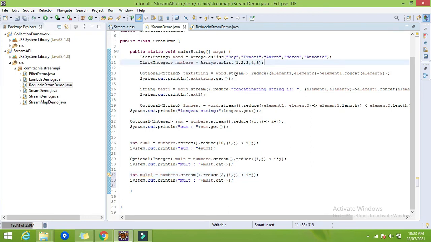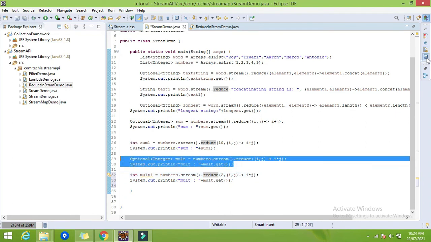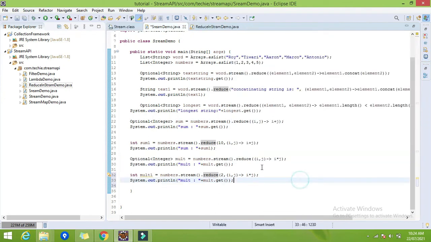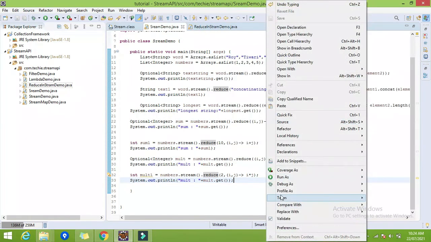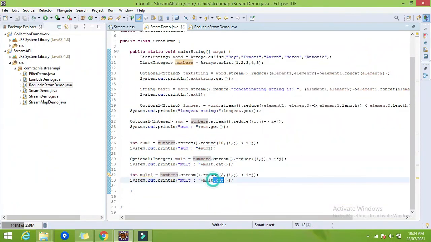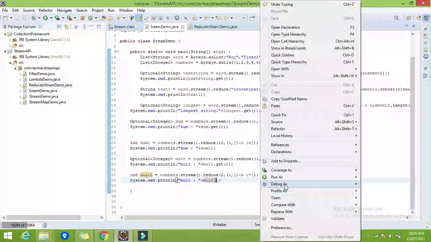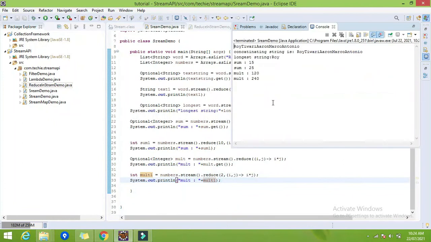So we have 1 2 3 4 5, these are the elements of the list. If we specify any element here, it will be considered as the first element of this list. So it will multiply 2 with 1 2 3 4 5 each. So obviously, the answer of the previous operation will be doubled now. So 120 into 2, 240, we should get the answer 240. Sorry, let me replace this one also. Here we are getting the answer as 240.